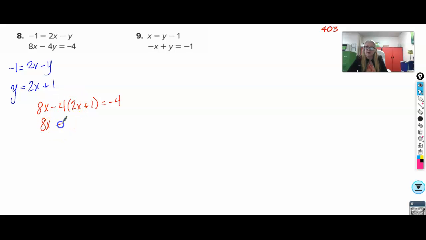Negative 4 times 2 is negative 8x. Negative 4 times positive 1 is negative 4. Okay. 8x minus 8x is 0. Minus 4 equals negative 4. And you see what I've got here? I've got a true statement. If you get a true statement like that, you do not need to go any further, okay? This has infinite solutions,